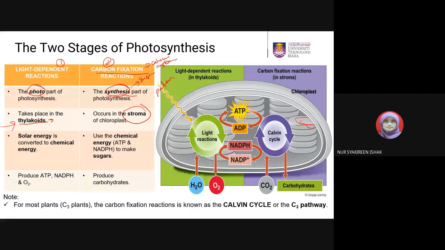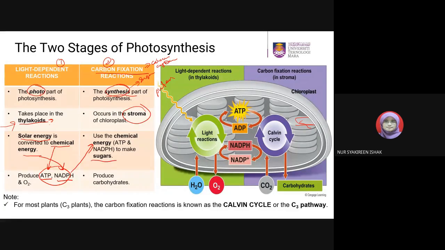Okay, and then in light dependent reaction, solar energy is converted into chemical energy. Photon light energy is converted into chemical energy. So these are the chemical energy produced: ATP and also NADPH. The product will be used during the Calvin cycle lah. As you can see, Calvin cycle uses the chemical energy, which is ATP and also NADPH, to